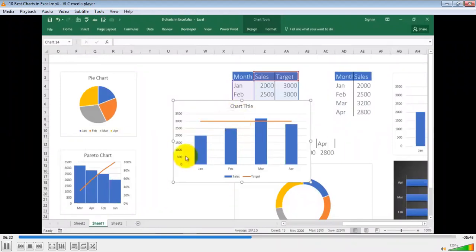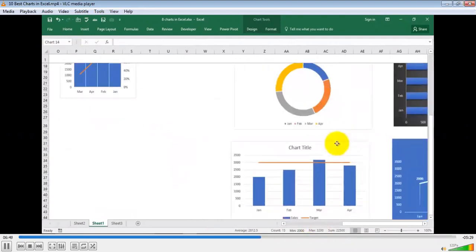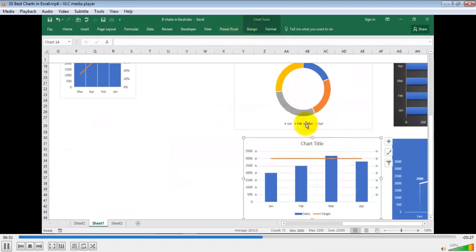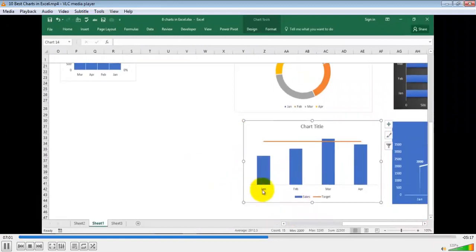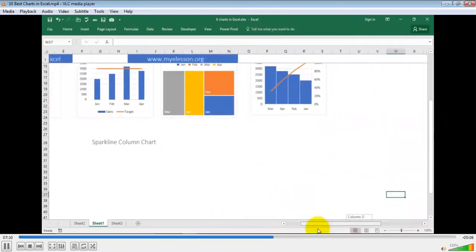So this is a combo chart. This is the 3000 target line that you see over here, and now you can see this one is this far away from here. This one has exceeded it. This was just there, almost there. And in a combo chart, you can have these lines removed. You click on those lines and they get removed. You click over here and they get removed. Just have your basic data looking clean, extremely clean. All right. This was a combo chart for you.